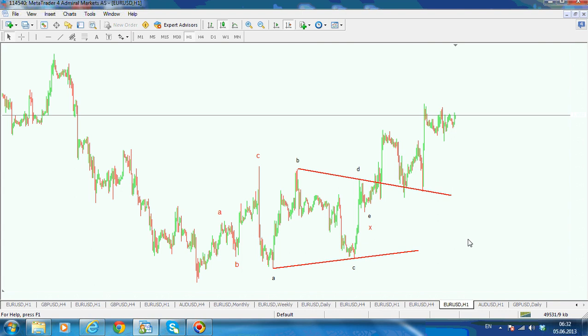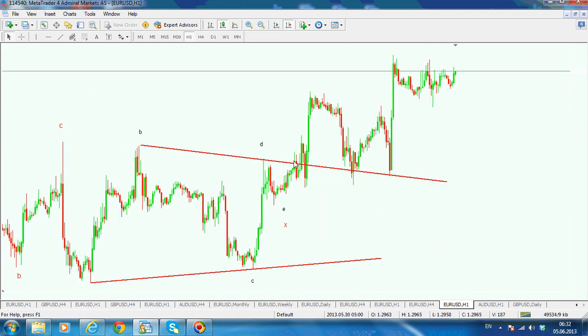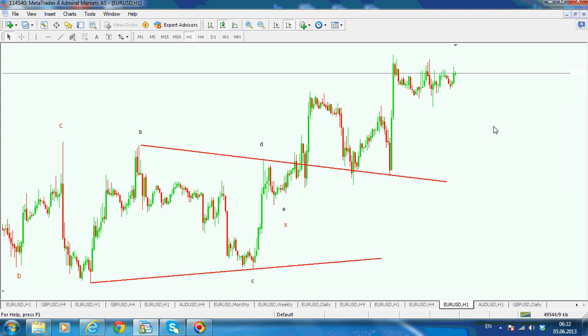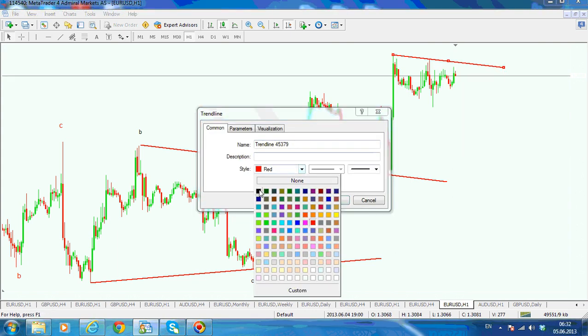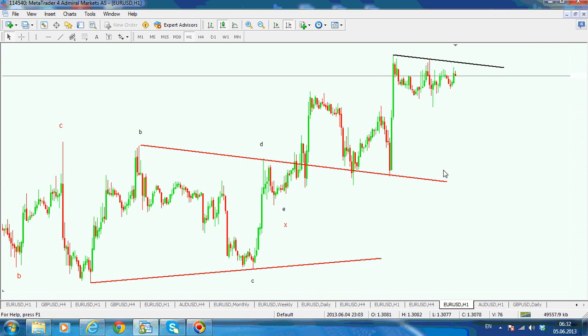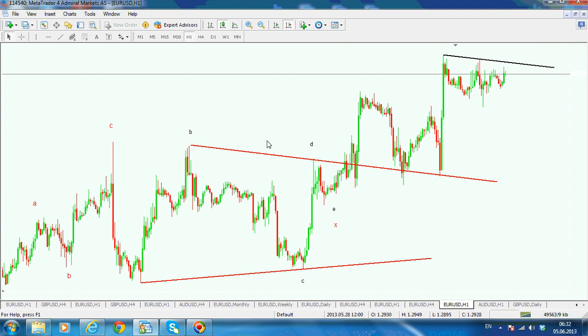And in order to look at current price action, if you give a little bit of a zoom, you might see that here we might have a possible ending situation like a contracting triangle, but it is not broken yet. Now, as long as this trend line here holds, let's make this one black, then we might have the situation that this is A, B, C, then X here. Then we might have the situation that this is another A, B, C